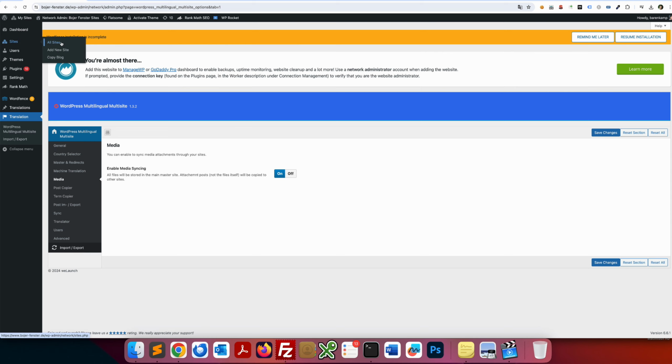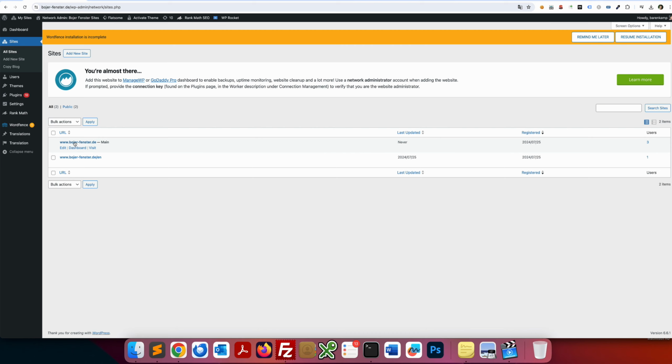So that's basically it. When I go now to all sites, we see we have a German side, and you see we also have an English side. And you see that both have a dashboard, you can visit both, and you can also, for example, delete the English one, but you can't delete the main one. Now I go into the dashboard of the English side,